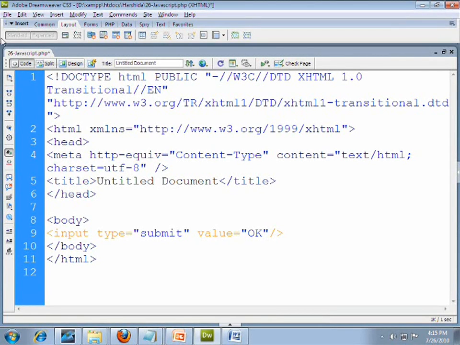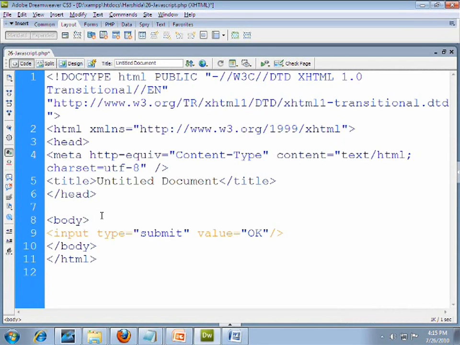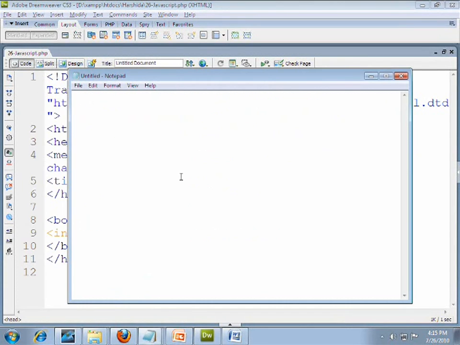So in this page, first of all, I have created one button named OK. Now to work with JavaScript coding, I want to remind you that in C, our program execution starts with a curly bracket, and this is the closing.